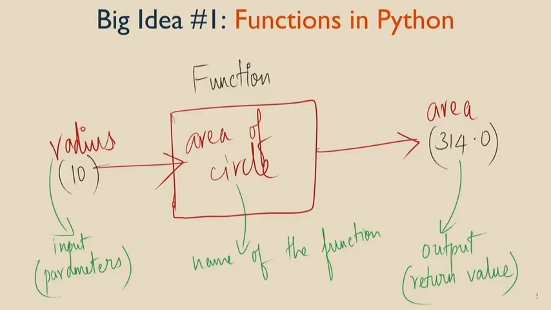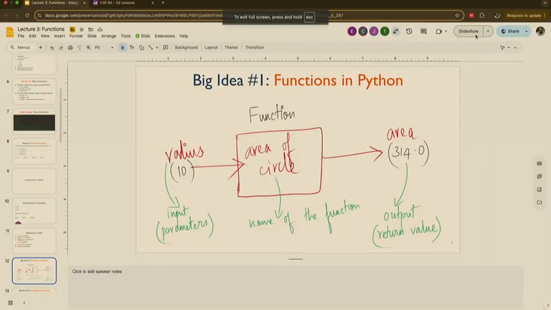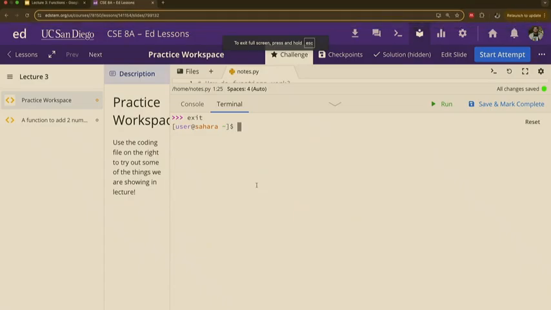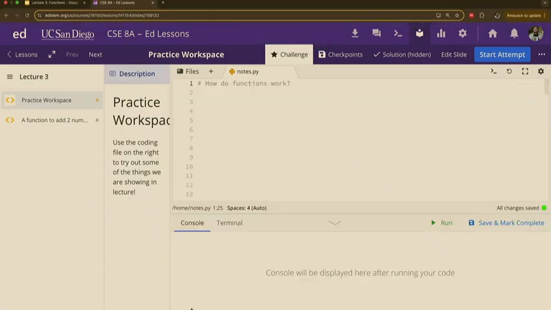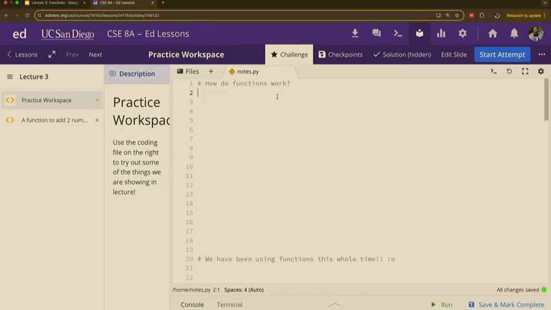They just wait until you call on them and say, hey, function, I need you to work right now. And the function says, sweet, I'm here. I'm going to run all the code that's inside. What does that look like? What does this look like? So a function, let me put this down here. How do functions work?